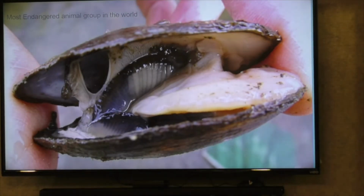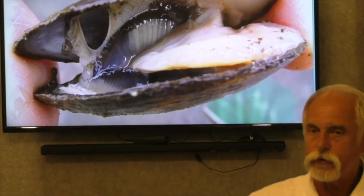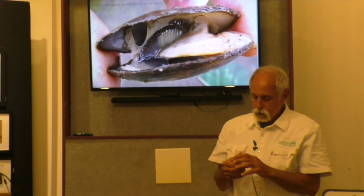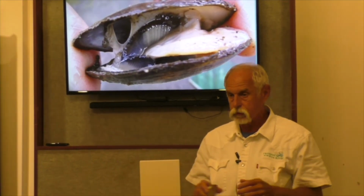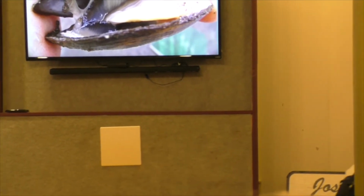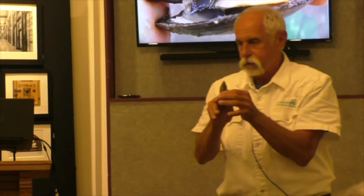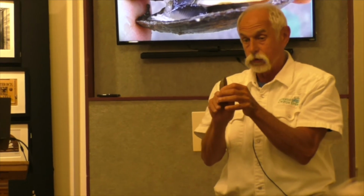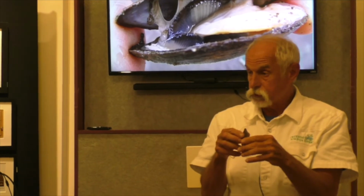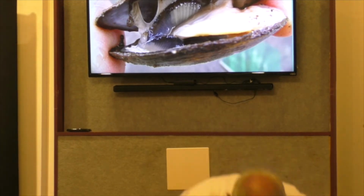Sorry, wrong way. Okay, but the important ones, I think, are the freshwater mussels. Mussels are found throughout the world, but freshwater mussels are very special. And this is what they look like when they're together. They like to burrow down like that, so they need a rocky bottom. So with a mucky bottom above the dam, they're not going to be living in there. And they're filter feeders. So they open up a little bit, and they let the water go through, and they